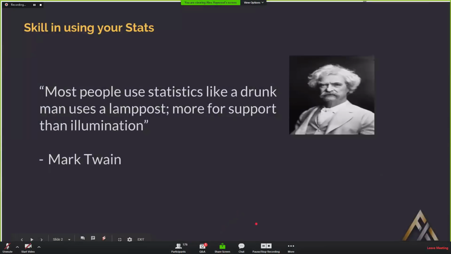So just firstly, there's always definitely a skill in using your stats. It's one of my favorite sayings, and I remember when I did statistics at university a long time ago, this quote that came up: most people use statistics like a drunk man uses a lamppost, more for support than illumination. Now, there is a skill set in how you even use your stats,